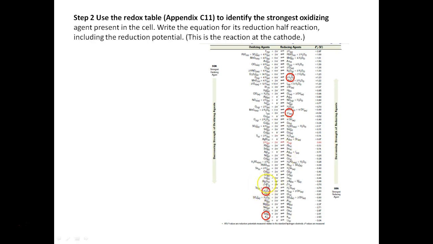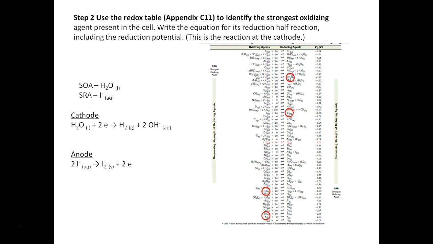So my highest on the left, the water, is my strongest oxidizing agent. The lowest on the right, the iodide, is my strongest reducing agent. As we can see, my strongest oxidizing agent is below my strongest reducing agent, so we know this is going to be a non-spontaneous reaction. Okay, but I'll identify my strongest oxidizing agent, strongest reducing agent, and I could even identify the reactions that would